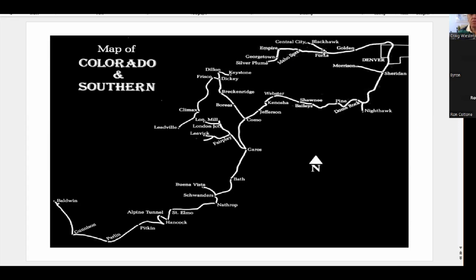They built the line. These are all silver mines and metal mines. Black Hawk, Central City, Empire, Georgetown, Silver Plume. This is all silver mining. And then they built a line to Morrison. There were silver mines there. And then they built across this. This is called the South Park. It's a high plain southwest of Denver. And so they built across that, and they came up here like this over Boreas Pass at 11,000 feet,